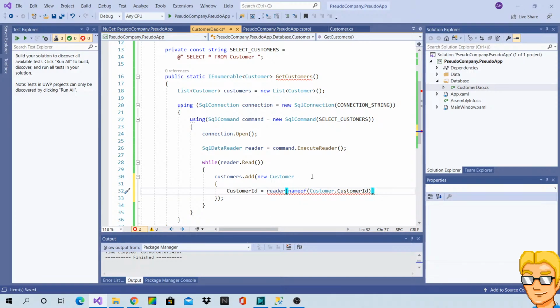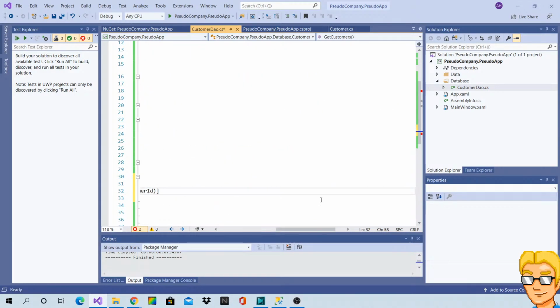And it's going to, I think it returns an object, yeah. Or I can do this.